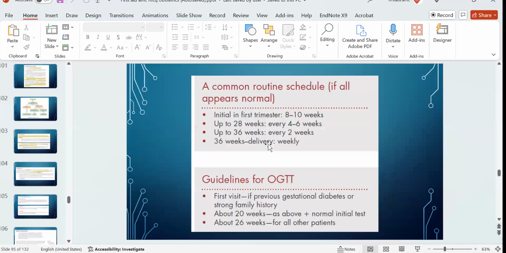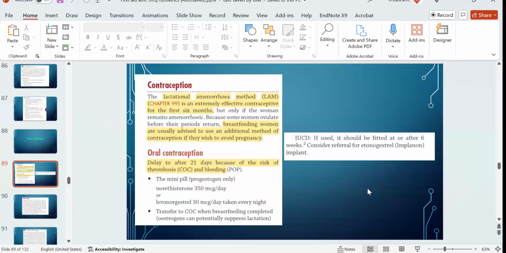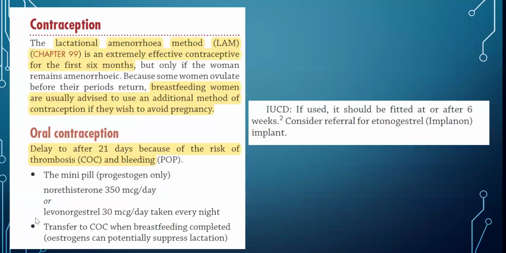The only thing that you need to go through from John Murtagh is postnatal care. Postnatal care is not super important; there is not much left in there. The one thing that is very important to remember is that for a patient after delivery, you need to think of giving them contraceptives. Ideally, contraception can be delayed at least 21 days. We say that usually after 6 weeks, you can start the patient with contraception.